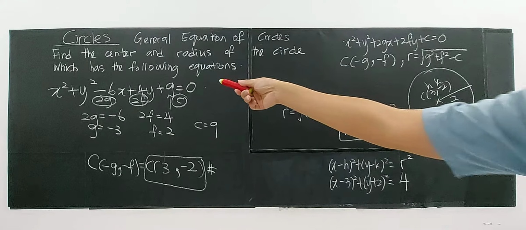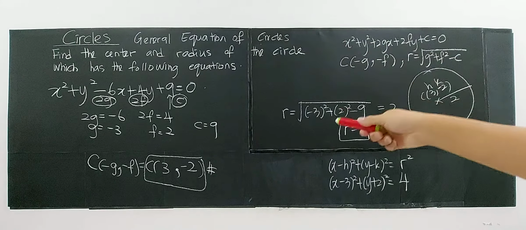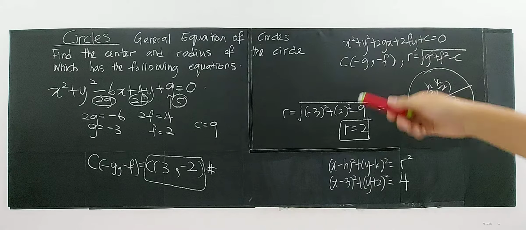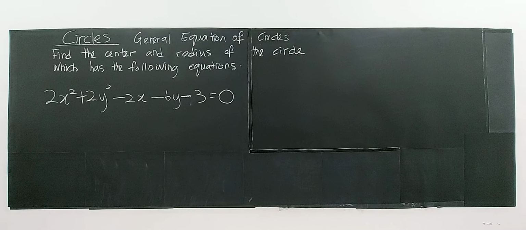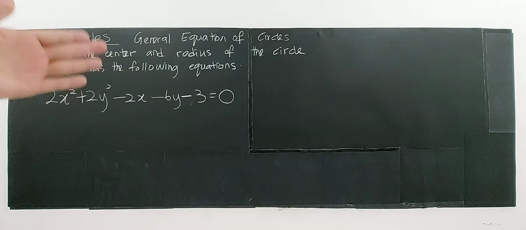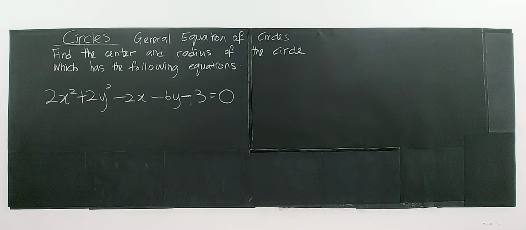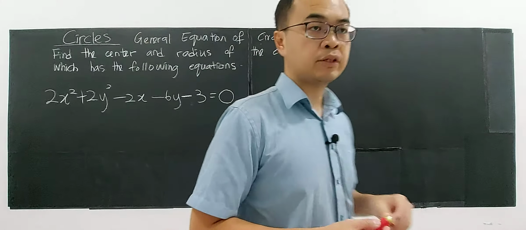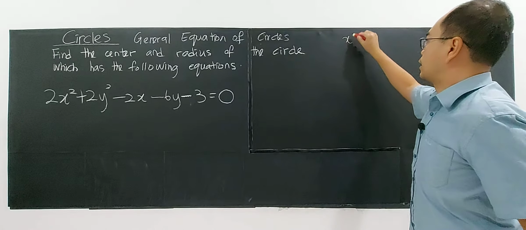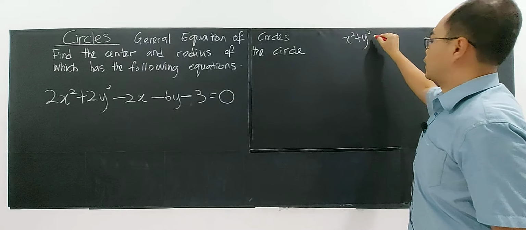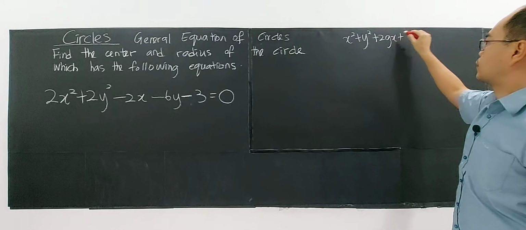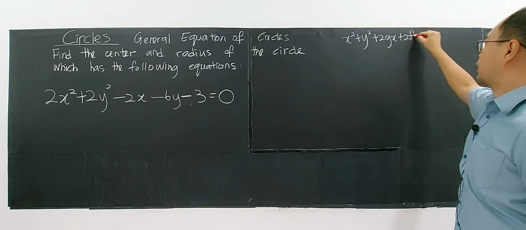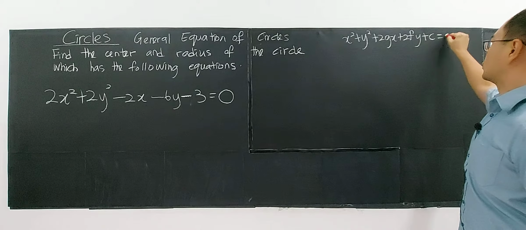From the general equation, you can identify the center, the radius, and you can also rewrite it into a standard equation. So let's go for another example. Let's look at another type of general equation. As you know, a general equation must be written in the form x squared plus y squared plus 2gx plus 2fy plus c equals 0, with the